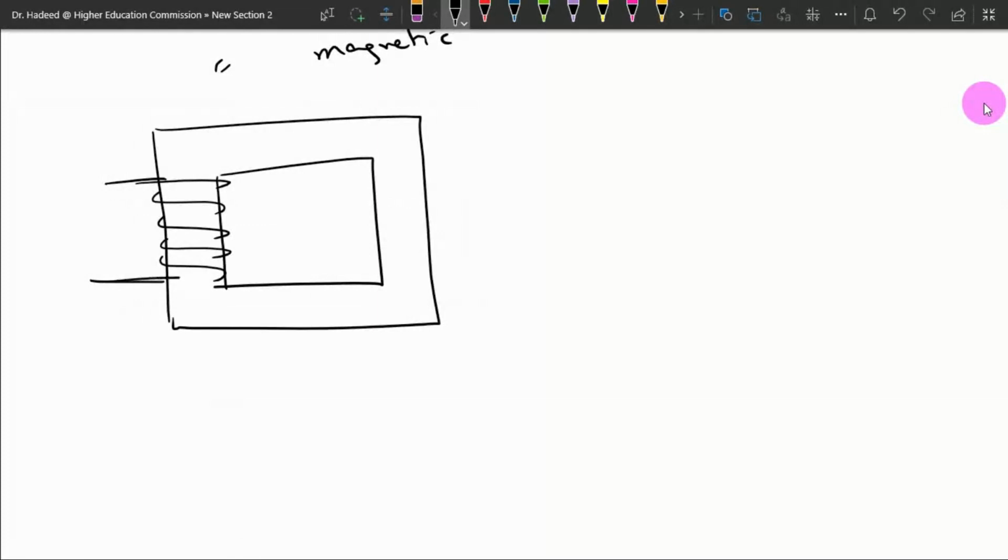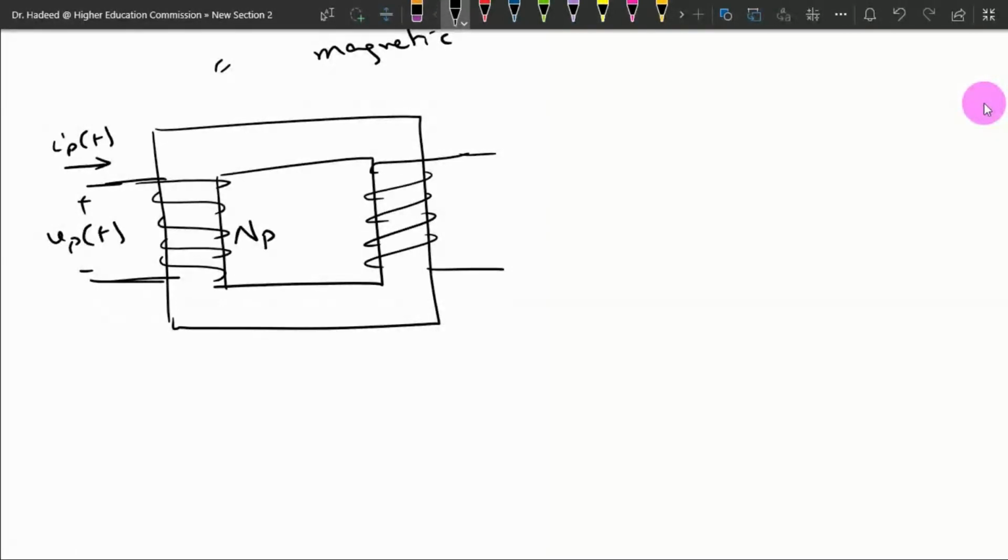some winding here. So we have a current which enters here with this applied voltage VP(t) on the winding NP, where N is the number of turns on the primary side. And in here we have the current direction, something like this. Also on the secondary side, we have the voltage in this particular polarity, as well as the current leaving